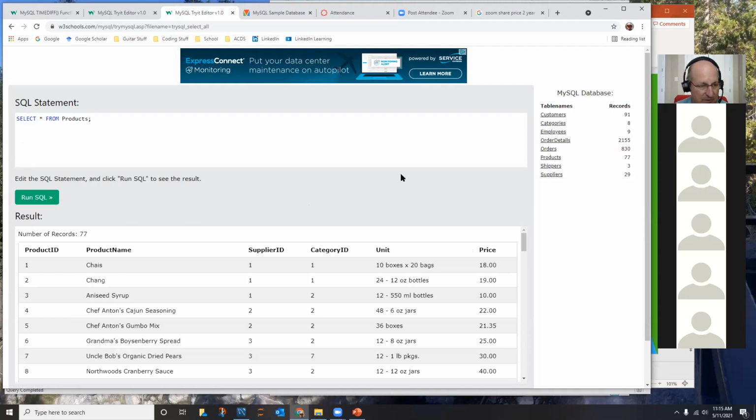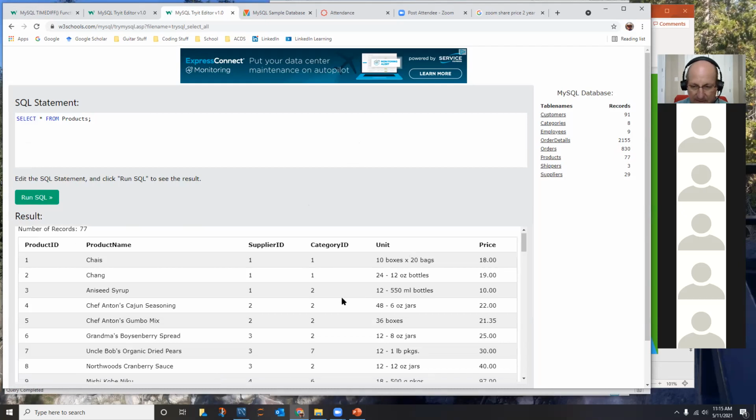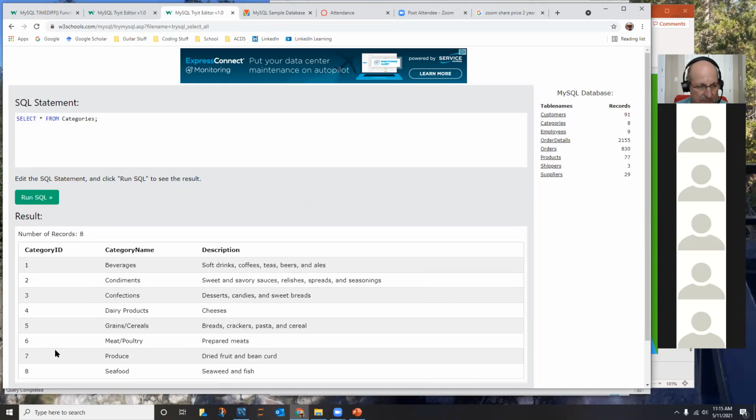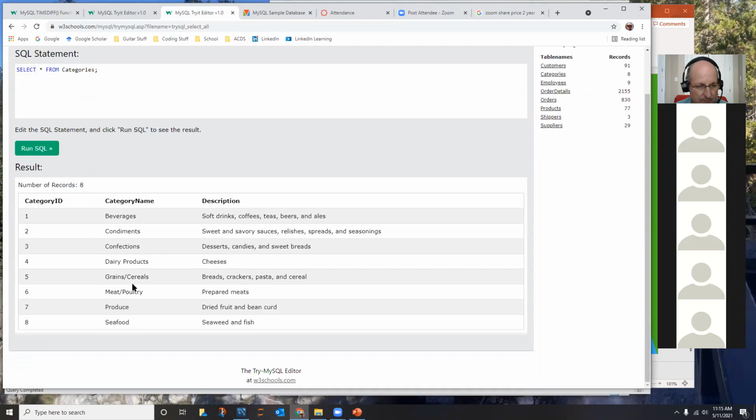Okay. Here's some repeating stuff. We've got category repeating. Category ID, remember, there are 8 categories, including seaweed and fish. So going back to the products table,